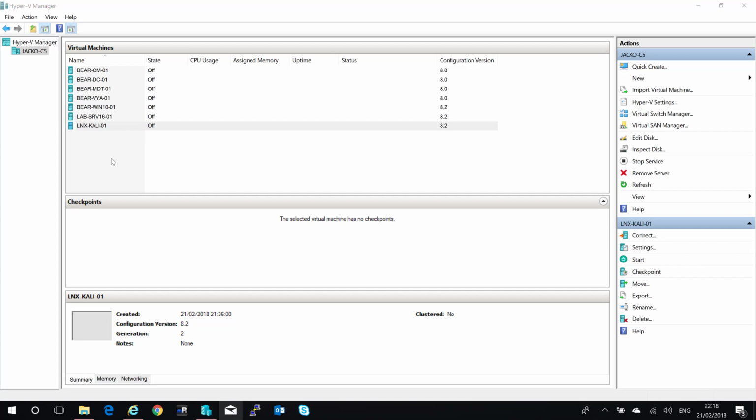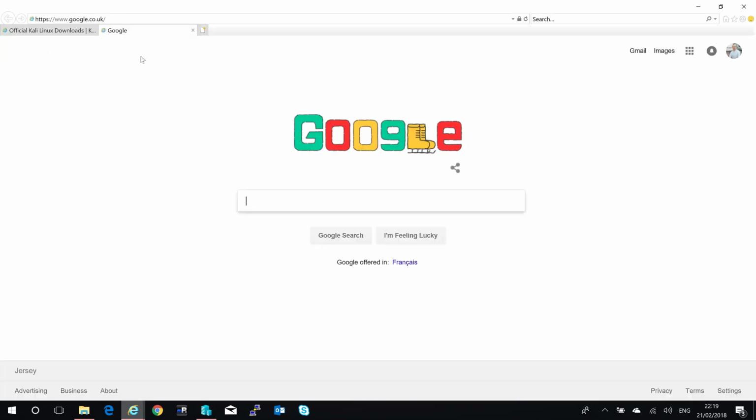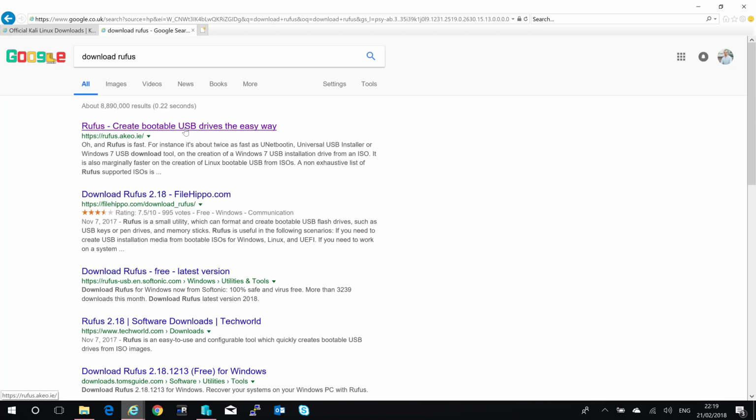Now for those of you who aren't using Hyper-V, what we're going to quickly do is run through a demonstration of how to create a Kali Linux bootable USB. What we need is Rufus, so we need to go to our web browser, open up a new tab, in Google type download Rufus, and it should again be the first link,